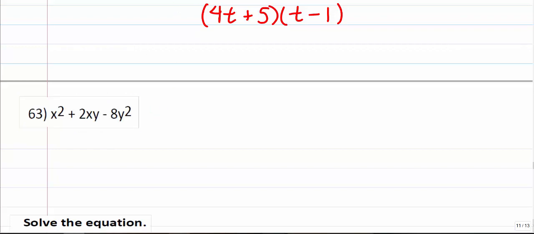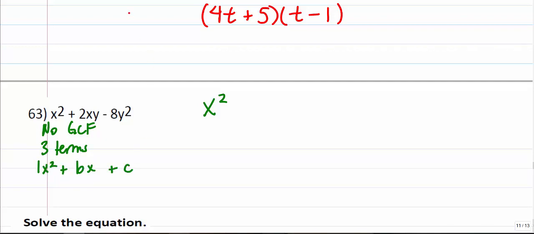But this is still going to just be, there's no GCF, there's 3 terms, and it's 1x squared plus bx plus c. There just happens to be a y and a y squared. So all that means is it's going to be xy, xy. But I'm still going to do a diamond. So I'm still going to do my diamond problem. It's just going to be that when I factor this,